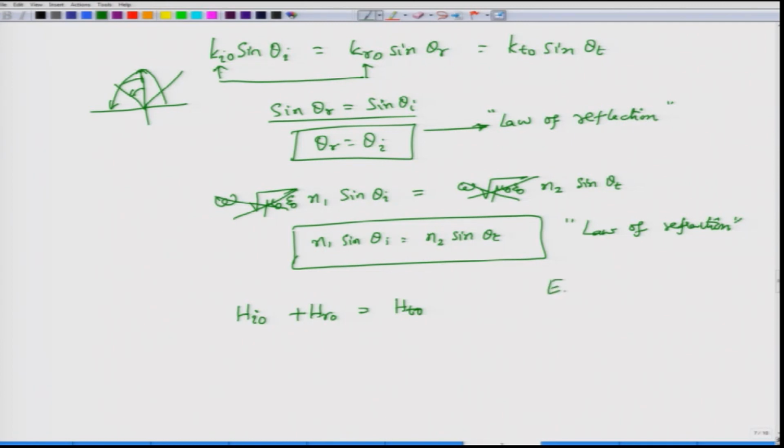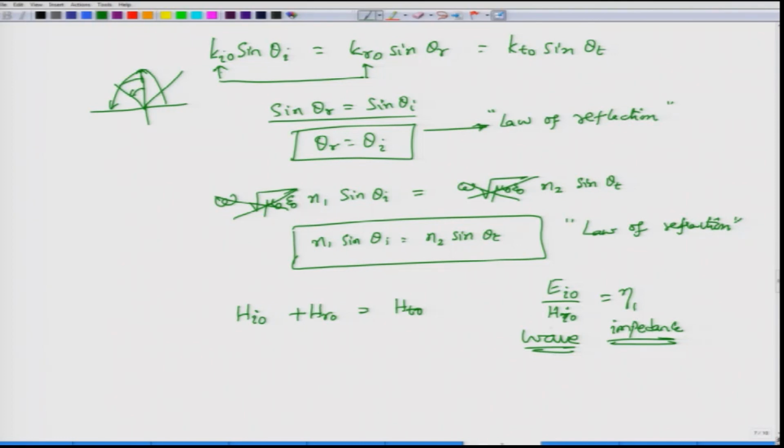It turns out that there is something called a wave impedance, wherein E I 0 over H I 0 is given by eta of that particular medium. Since this is medium 1, this is eta 1. So this eta is called the impedance of the medium, and this is called the wave impedance because it is the ratio of the wave components, that is, the field components, electric and magnetic fields.